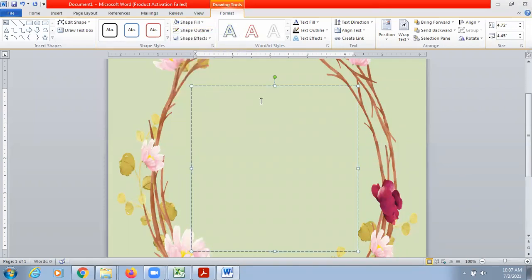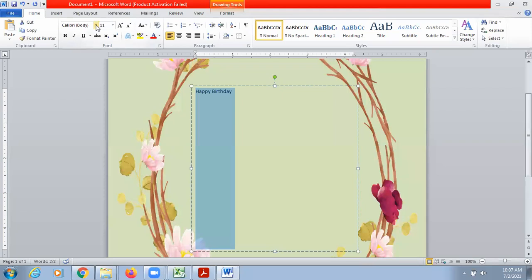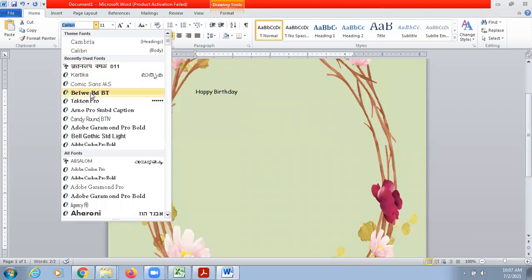Now you can write whatever you want to write, and change the font, color, and size in whatever way you want.